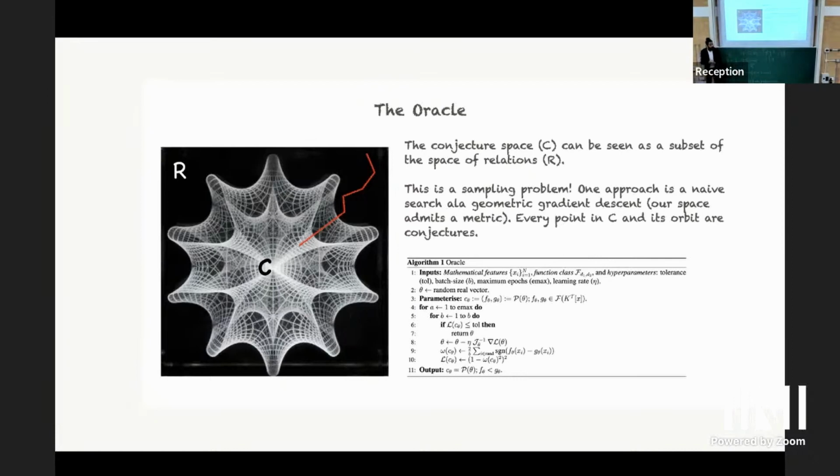Now, before I state the algorithm in more detail, it might be worth asking, where are the good conjectures in this conjecture space, which can be defined as the zero of some loss function? The loss function captures effectively how many counterexamples to your mathematical statement lie within your provided data.